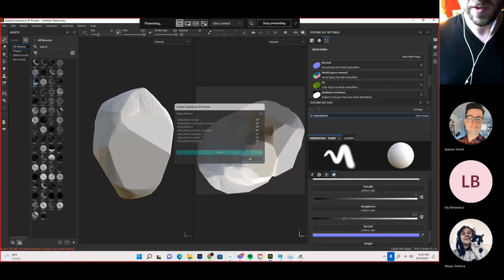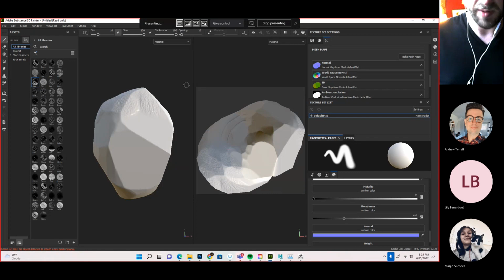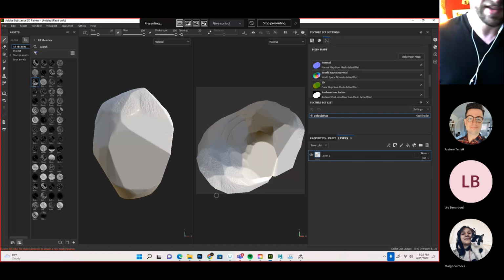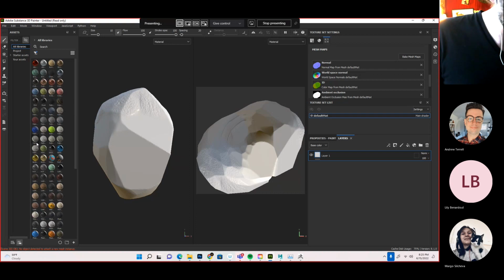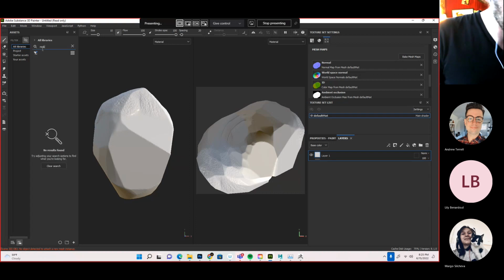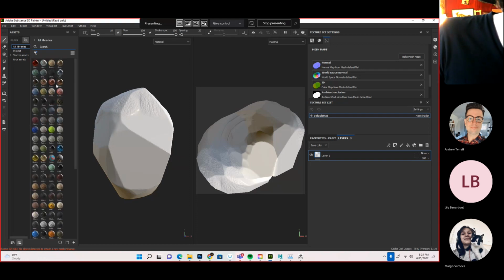Now at this point, I wasn't actually thinking of my material ID as being color. It's actually going to use it as a material ID system. So what I want to do now is just add materials. So let's find some rocks. I never really looked at the rocks. I don't know if there's any simple rocks. I bet there's something. Granite or